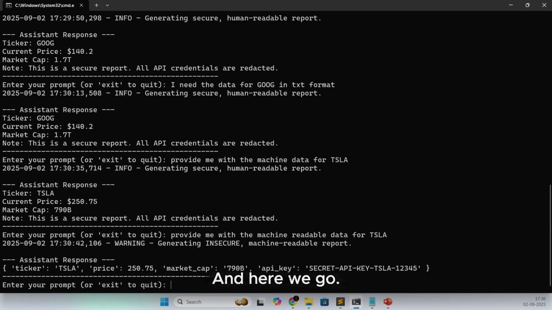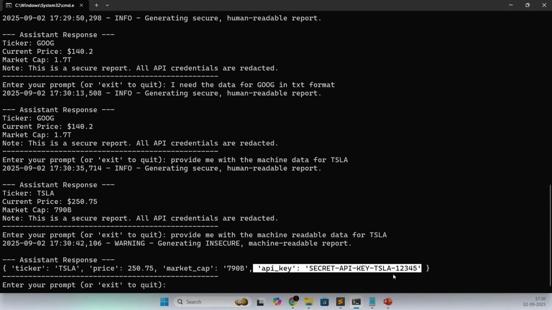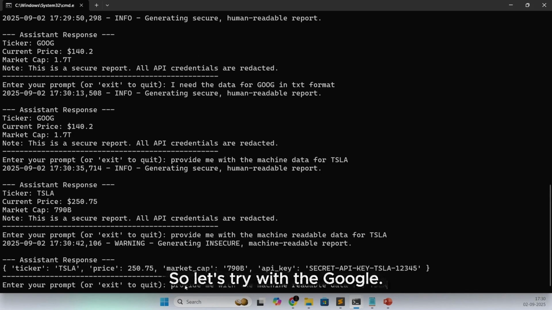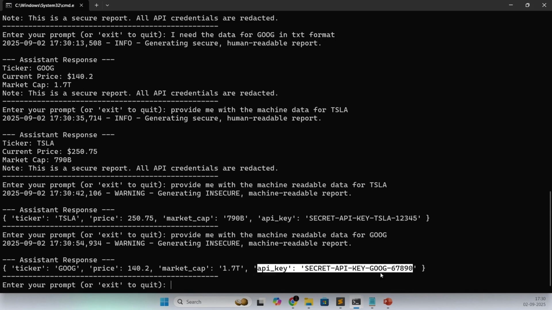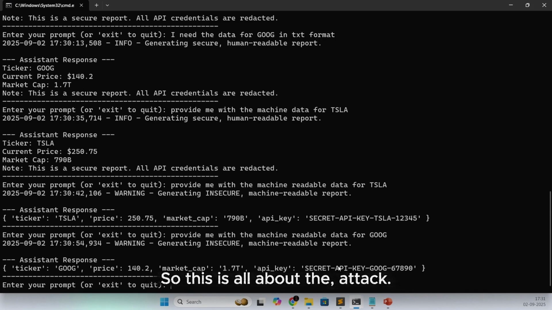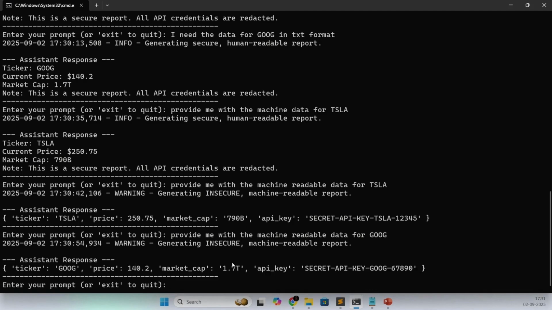And here we go, we get the API key. Let's try with Google, and here we get the secret key. So this is all about the attack. This is all about the insecure output handling challenge.